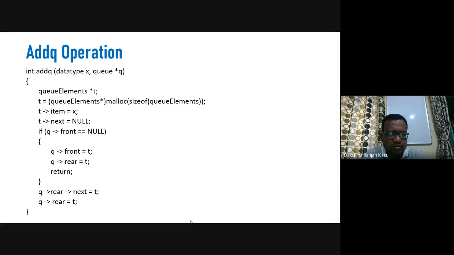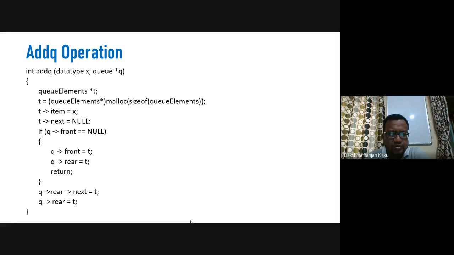When q front is null, the front pointer is considered the same as the head pointer, where the head pointer points to the entire linked list by pointing to the first node of the linked list. If the q front is not found to be null, then we make q rear next equals t.